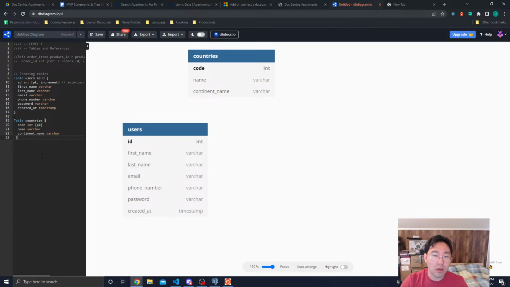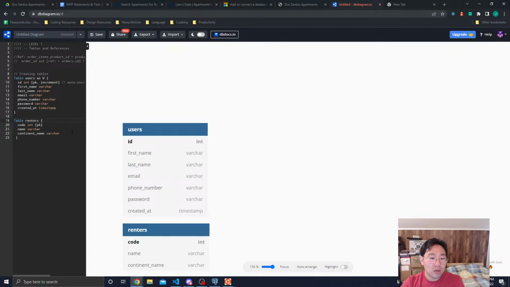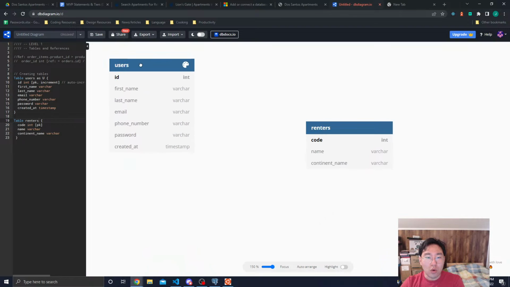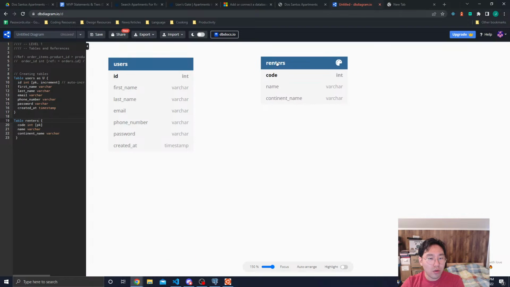Okay, not gonna worry too much about that. Next table that I want is we have users and then we have renters. So a user can be a renter, but it could also not be a renter. So that means